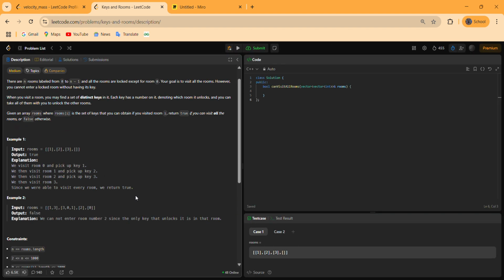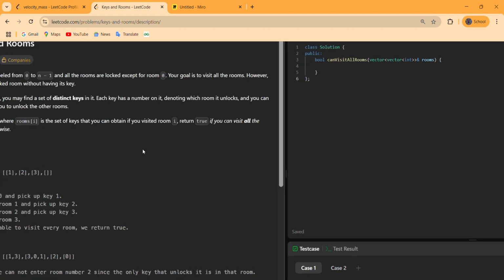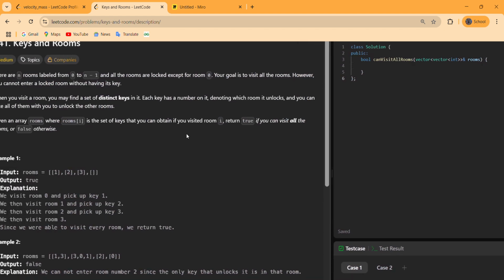What will be the basic brute force approach to solve this? One of the approaches we can think about is to maintain a data structure that keeps track of keys in integer format. That may be some unordered set or a visited array. For every room, we have to check whether we have the key for that room available in our data structure from all our previously visited rooms or not.